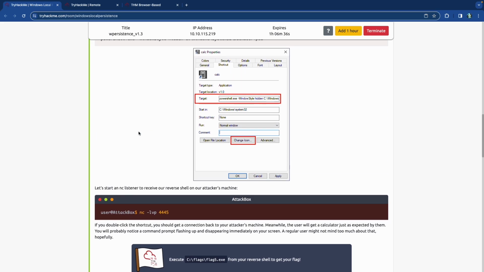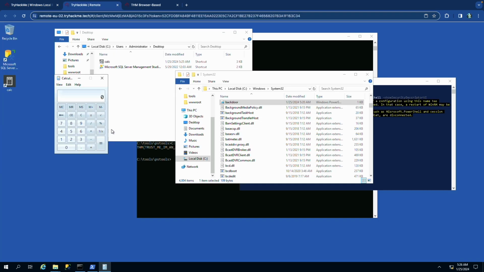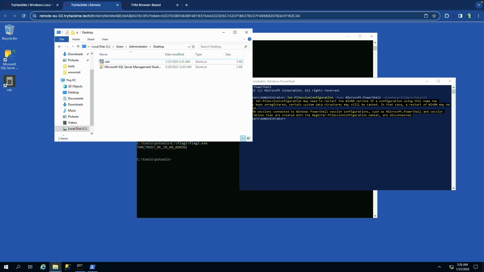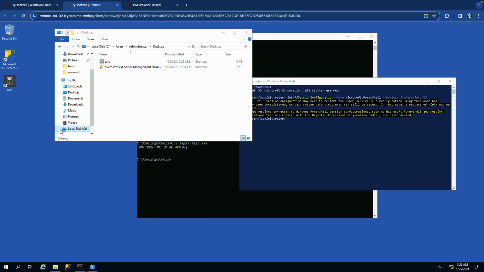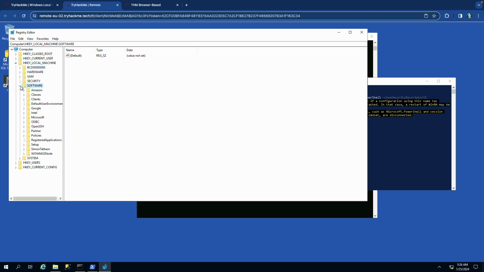So now the next one that we're going to do is hijacking file associations, this thing right here. So we're going to go back here, and I'll close this one. I think I need to go to the registry editor. Yeah, so I need to open back up the registry editor, and I'm just going to search for it here instead of doing a command line search. So the registry editor opens up. Now it's going to be Computer. We're going to go to the local machine, drop this down, and it's going to be under Software. I'm going to drop that down, and it's going to be under Classes. Going to drop that down,